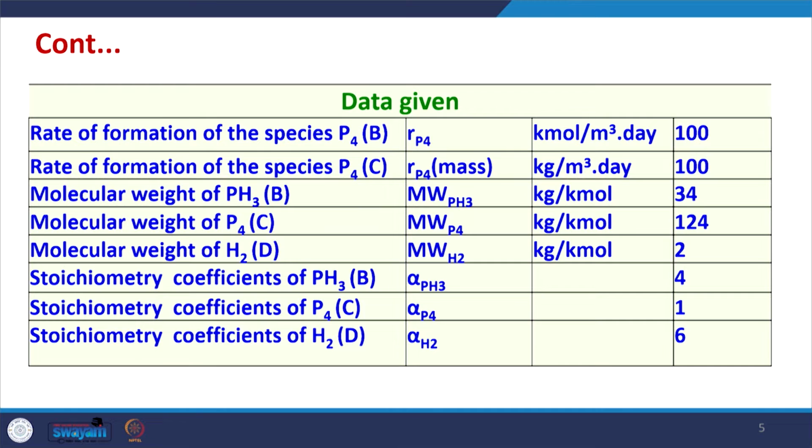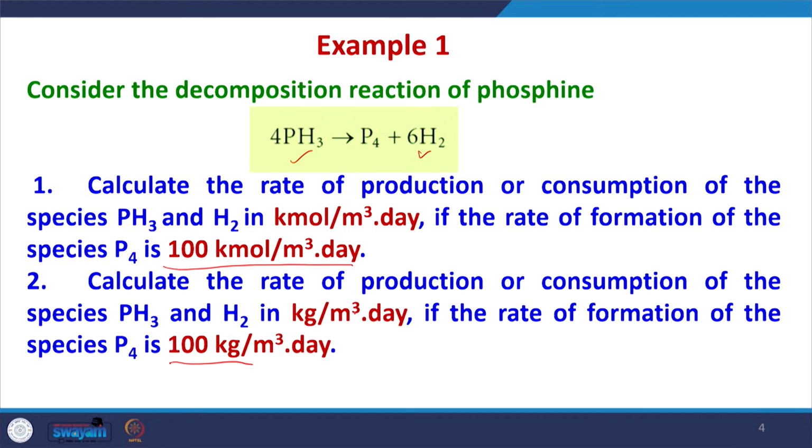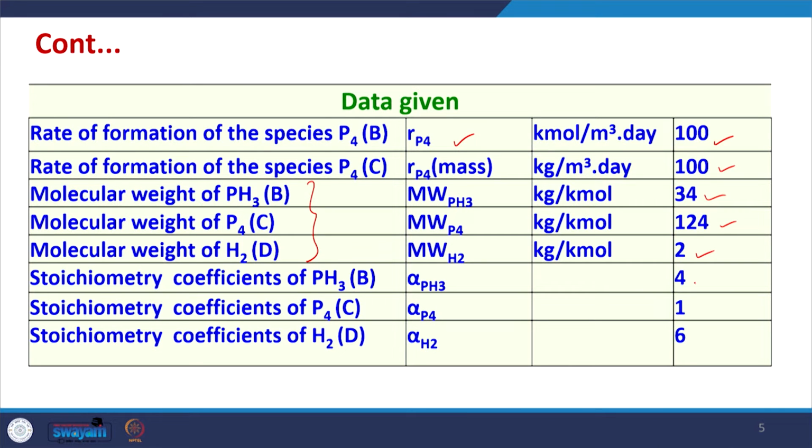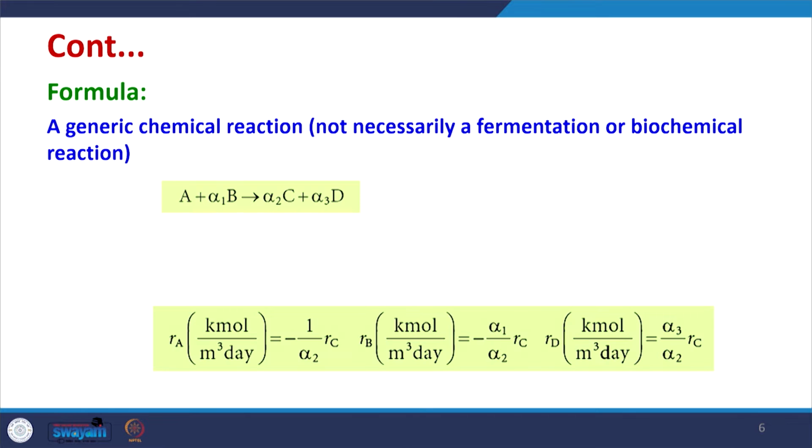Now, the data given is already given with respect to P4. In the first part, this is 100 kilomole per meter cube per day. In the second part, it is 100 kg per meter cube per day. So, we will have to find out the molecular weight of all the species B, C and D, and that has been found here: 34, 124, 2. Similarly, stoichiometric coefficients are known from the reaction itself: 4, 1 and 6. So, these are written here, 4, 1 and 6, and if they are known, then we can use this particular